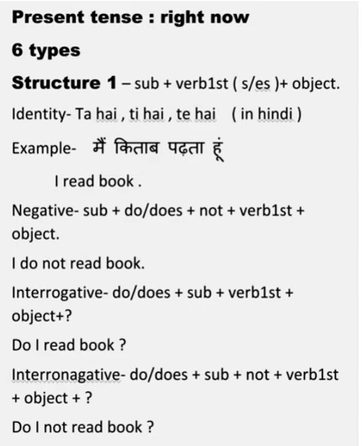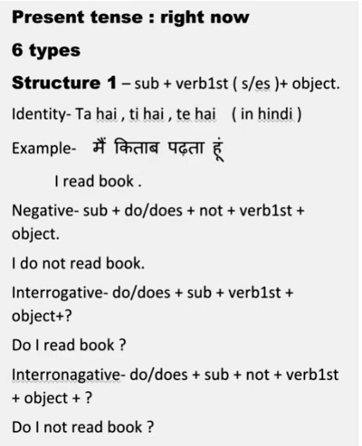So here is an example: मैं किताब पढ़ता हूँ. We saw ta hai, ti hai, te hai in the sentence. First of all, we'll find out what the subject, verb, and object are. The subject is whoever does the work, as we learned earlier, so मैं is the subject. किताब is whatever the work is being done on, so that is the object. And पढ़ता हूँ is the work we are doing. Whatever work is being done in a sentence, we call the verb. So the verb is पढ़ता हूँ.